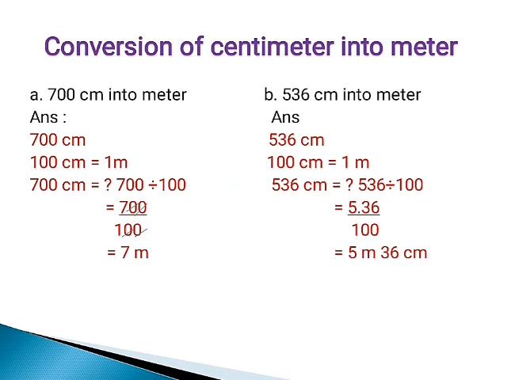Now, in the last sum they gave zeros, so we cut the zeros and wrote the answer. But in this sum they didn't give the zeros. How can we cut the zeros? So, we can't cut the zeros. So, for that what should we do? This is a very easy method. How many zeros are there? 2 zeros. So, for 2 zeros you should keep 1 dot after 2 numbers. Again, I'll repeat. 2 zeros means you should keep 1 dot after 2 numbers.